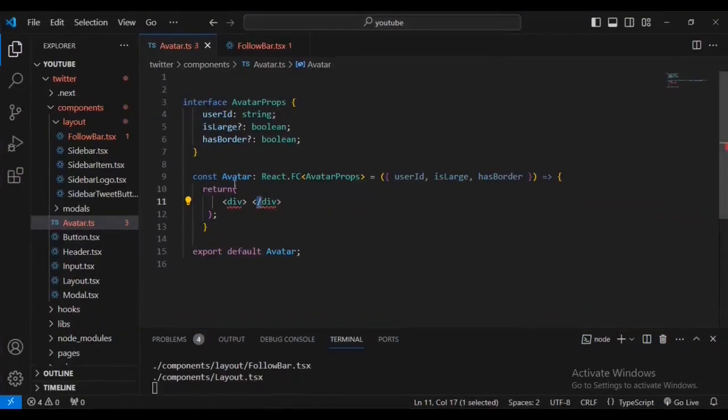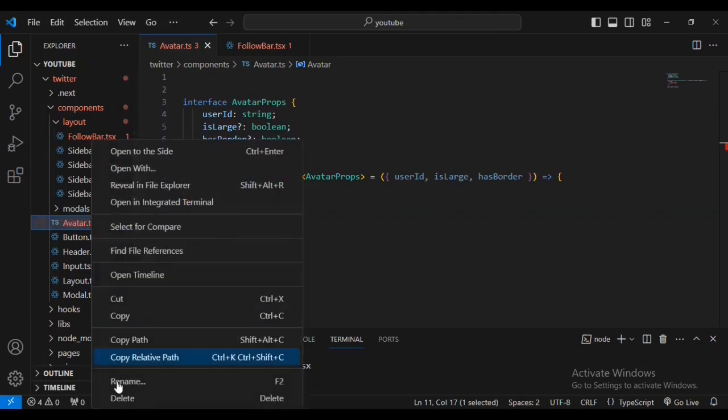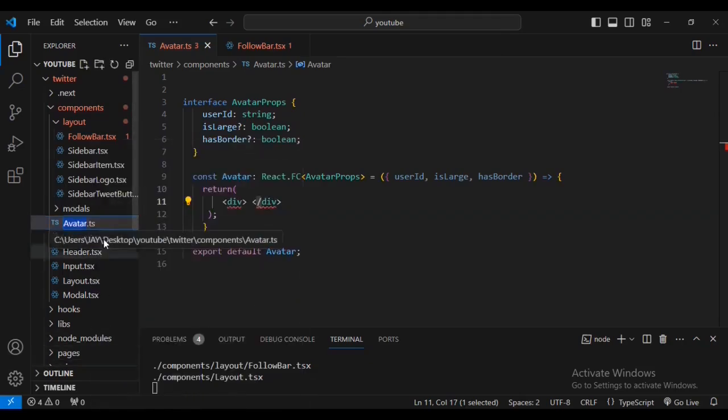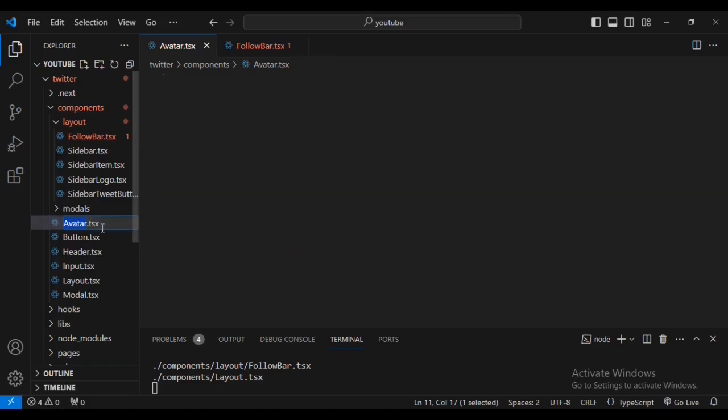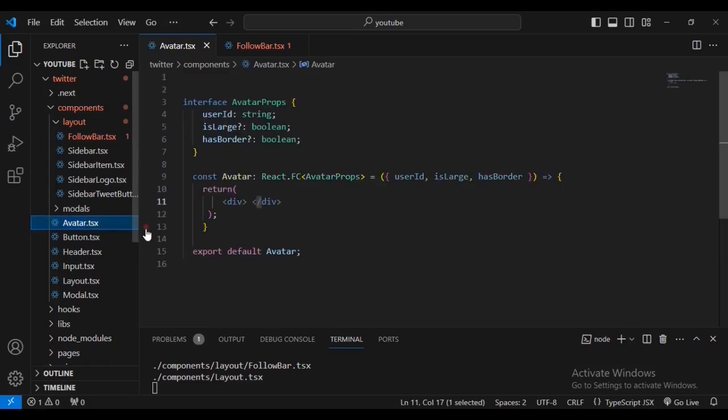Okay, let's rename our file from avatar to avatar.tsx. You can now see that the error has just disappeared after renaming this file. You can see that the error is now gone, the way I was highlighting these tips. So make sure that you have. Then let's come